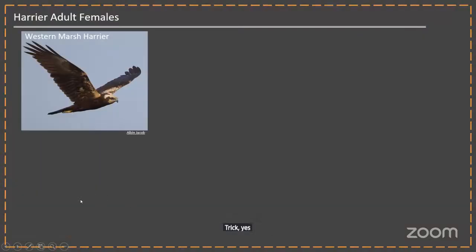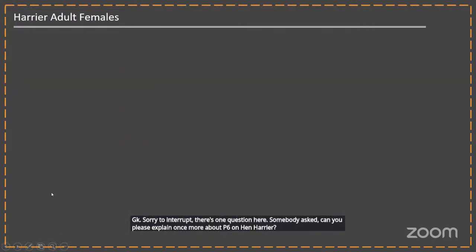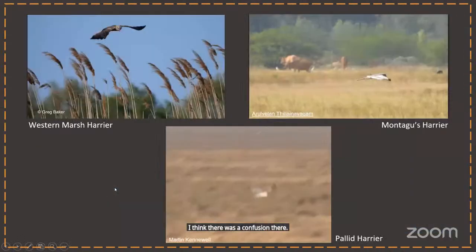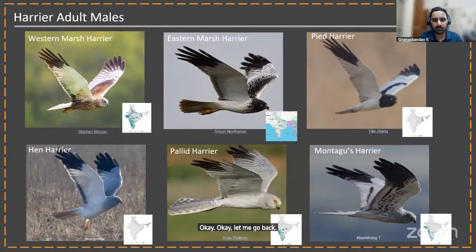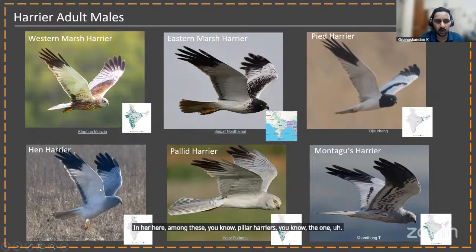Sorry to interrupt, there's one question here. Somebody asked, can you please explain once more about P6 on Hen Harrier? I think there was a confusion there. Okay, let me go back. Hen Harrier, among these paler harriers, the group in the second row, shows a long, well emarginating P6, as you can see here. So this is P10, 9, 8, 7, 6. This has a very nice long, well emarginating P6,